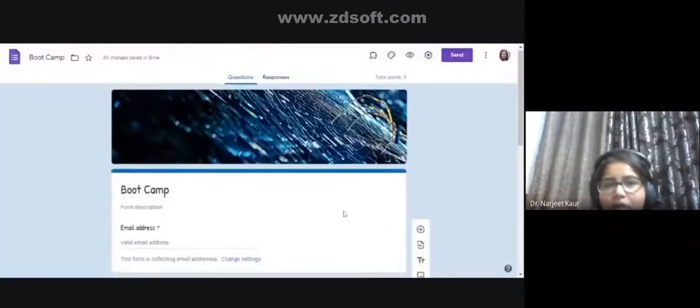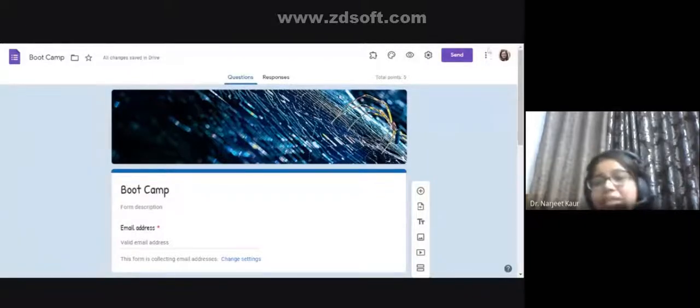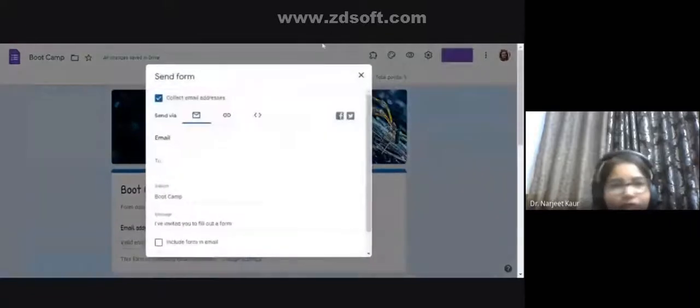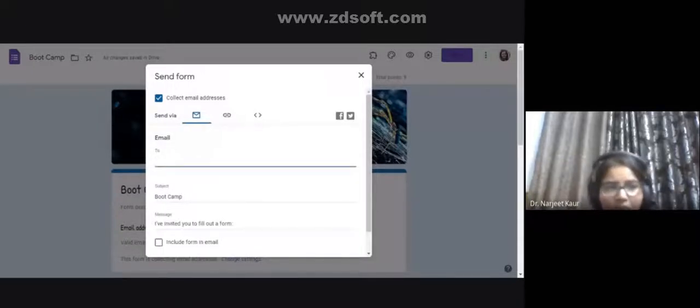I will quickly go into how to send this, because this is what is mainly tested in the level 1 certification, how to send the forms. Now for sending the forms also, there are settings. You want to send out this form, you are going to click on send. There are a bunch of ways you can send out this form. You can do it by an email. You just have to name, okay, whom do you want to send this email to.